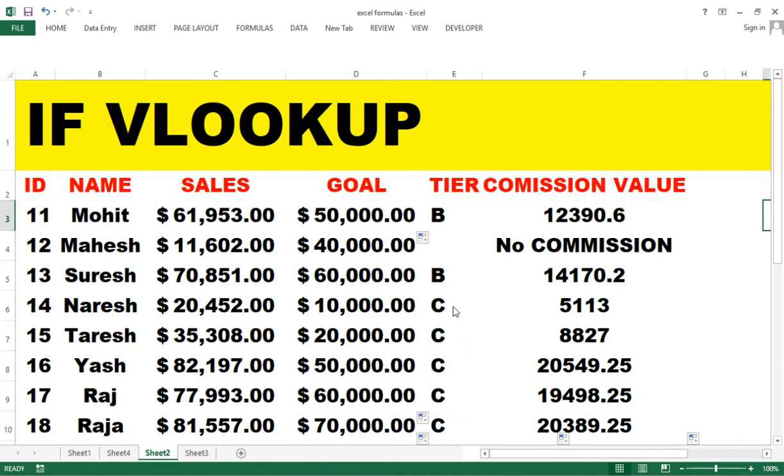B tier set again. Let's do it. Clear. 70, 7851 multiply by 20 and divided by 100. So this is what we are getting. So this is how we will do it